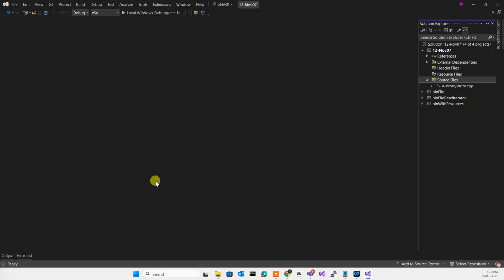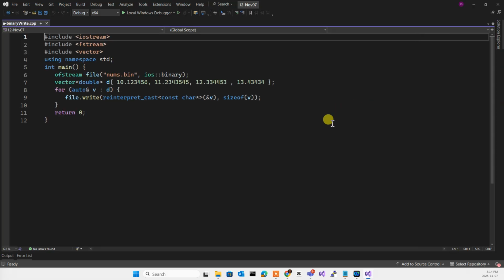We had some examples on it, but at the end we ended up with a binary write. So I'm going to go through the binary write, start with writing files in binary and explain how they work, and then we're going to see how we can use it and what is the difference between binary and text